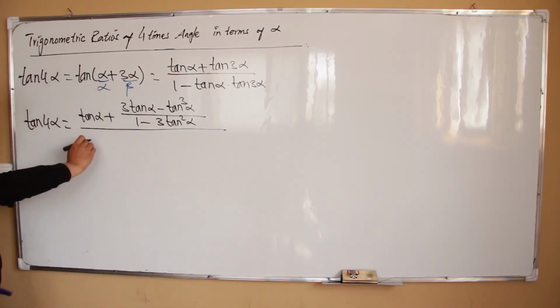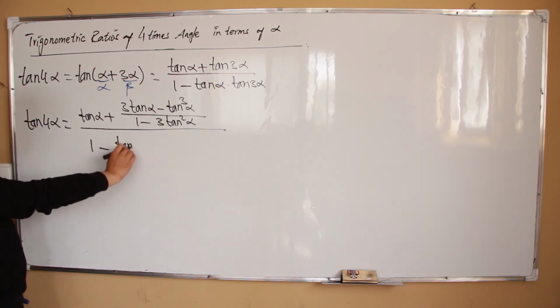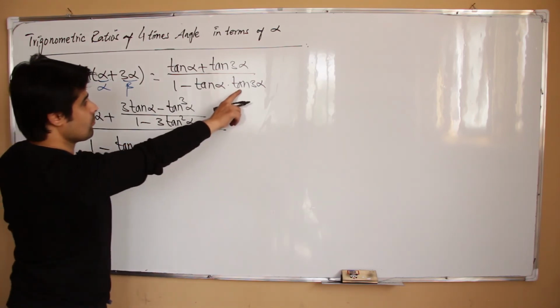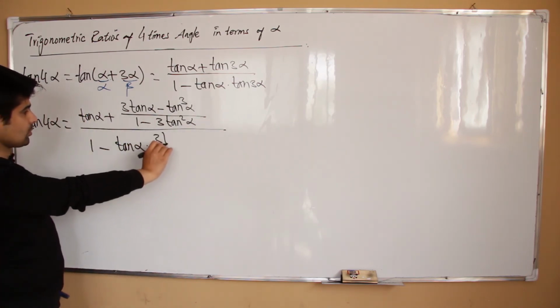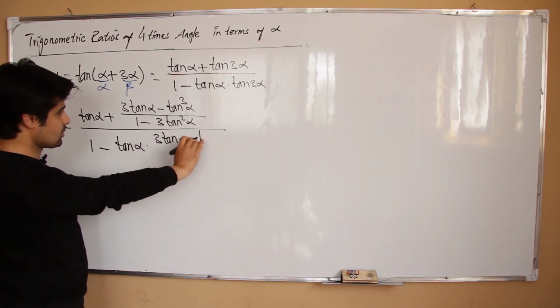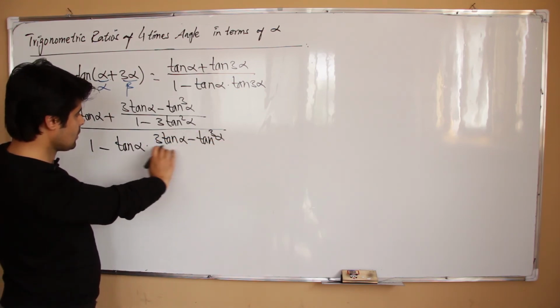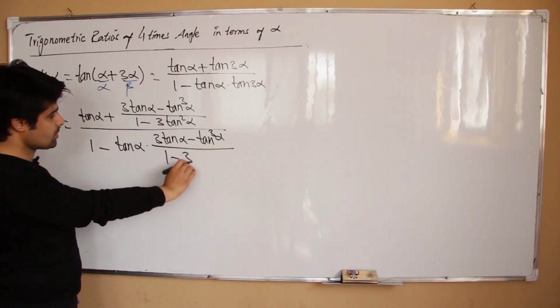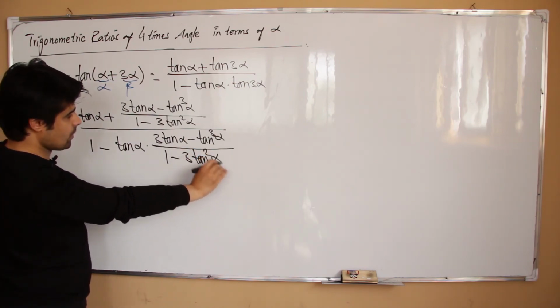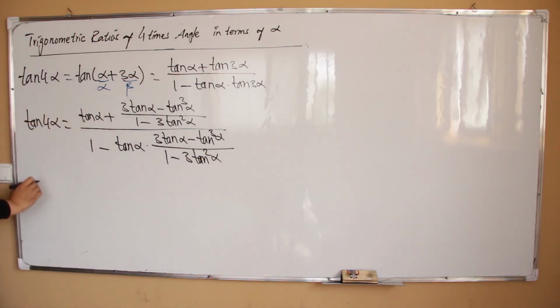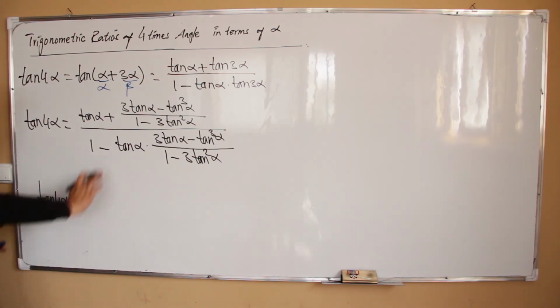Okay. 1 minus tangent alpha times the formula for this one, 3 tangent alpha minus tangent cube divided by 1 minus 3 tangent square of alpha. So tangent of 4 alpha is equal to,